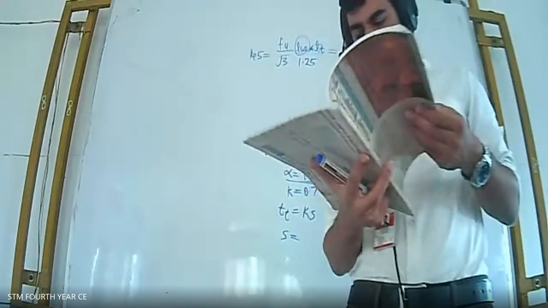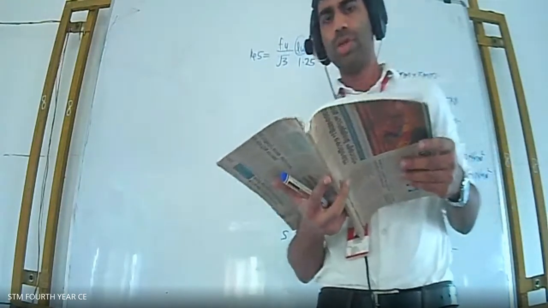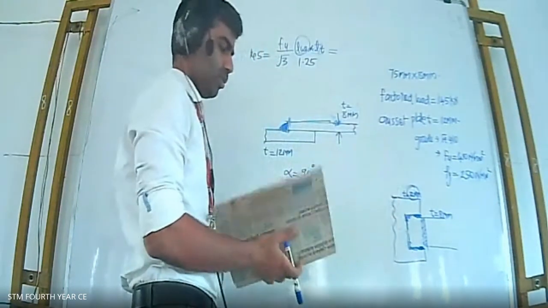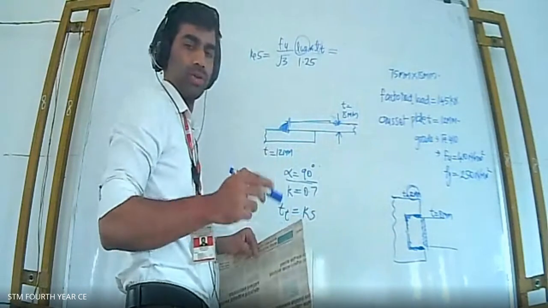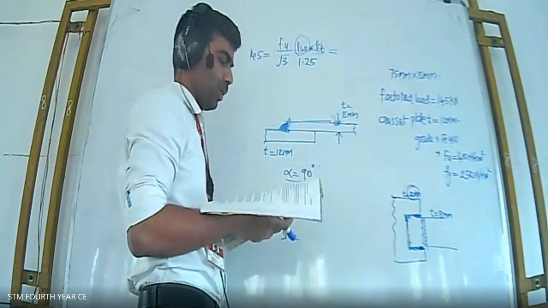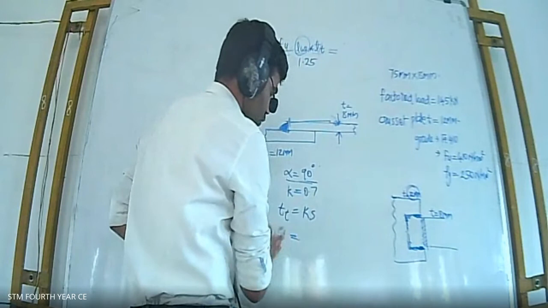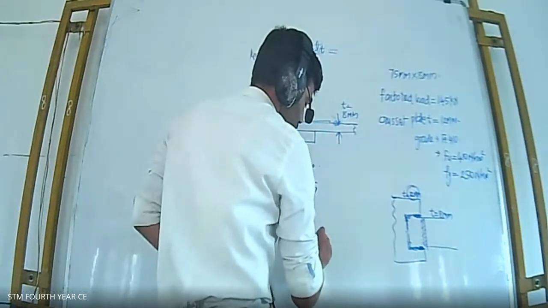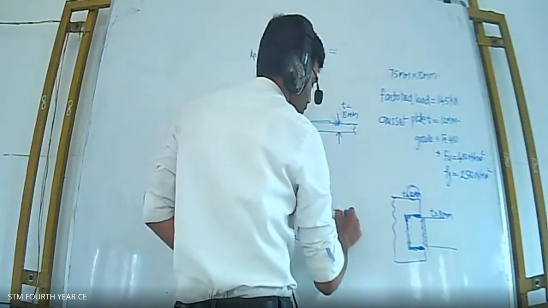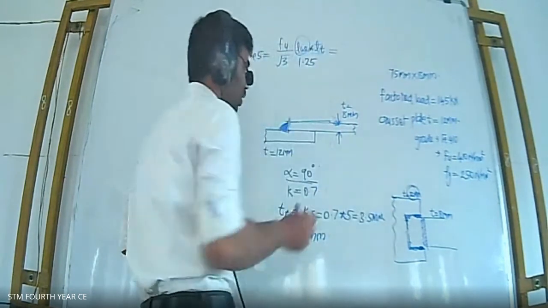In the table 22, page 78. If it is in between 10 and 20, the size that should be taken is 5 mm. So in the table 21, it's not table 22, it's table 21. In table 21, you can see if the thickness of the thickest plate is in between 10 to 20, then it will be 5 mm. So I am taking S value as 5 mm. So just substitute 0.7 into 5, which is equal to 3.5 millimeter. So Tt is equal to 3.5.